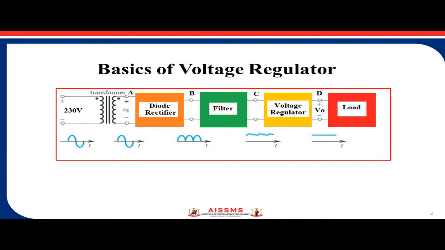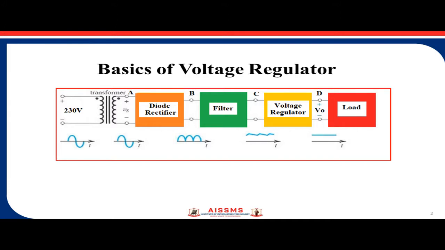At the output of the voltage regulator, depending upon the value set in that voltage regulator, the output will be a regulated output. So if that is 7805, output will be 5 volt. If that is 7809, output will be 9 volt. But accordingly you have to design the previous blocks of the circuit.